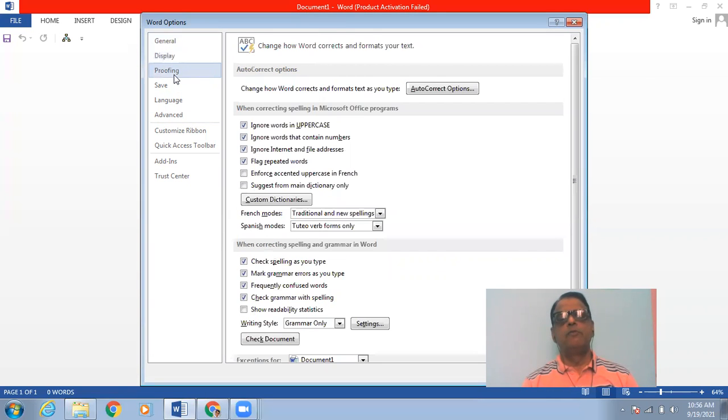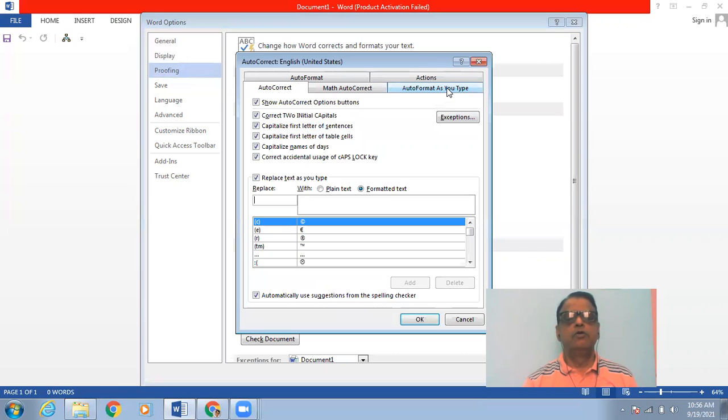There are certain proofing options. Say for example, the first option is the autocorrect option. So if you click on the autocorrect option, you will find that the different contents of the autocorrect option are being specified. If you want to replace some text by some word, then here for the complete file, you can type it. If you want the capitalized first letter of the sentence, then you can make it on.